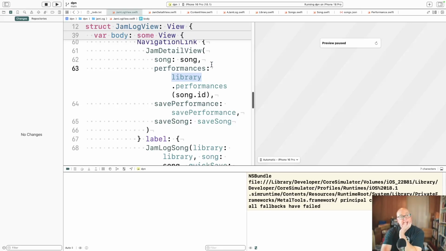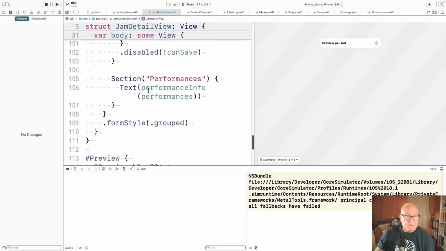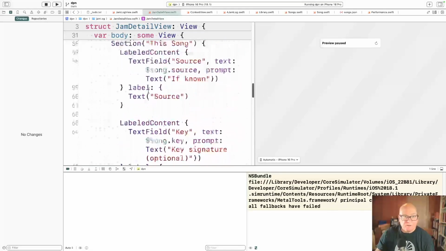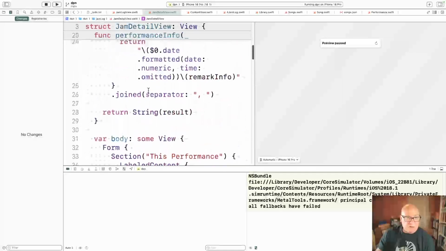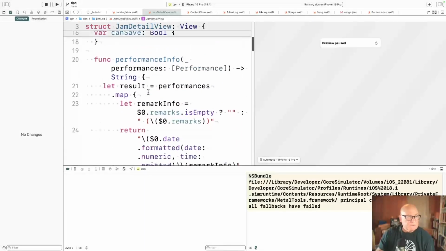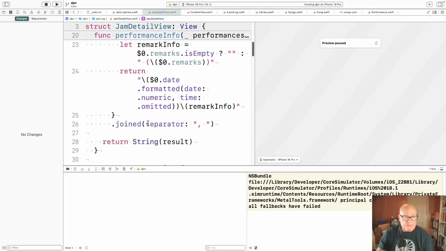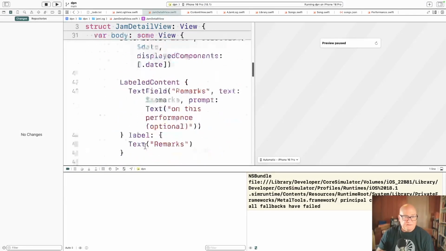Now, I think we're just going to ignore that. We have song. All right, so let's get performance info for, I think, just song.performances. And that's some formatting stuff.